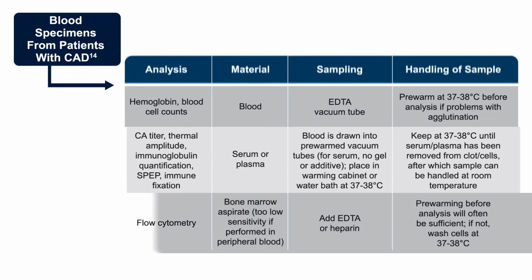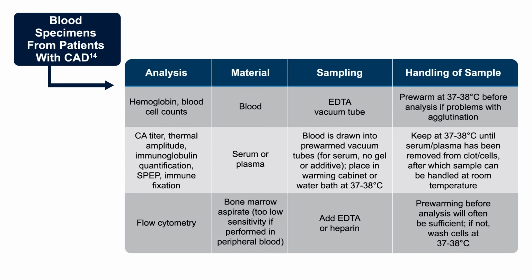So, blood specimens that require warming for valid results include the CBC, in which we're going to measure our hemoglobin, right? It has to be pre-warmed, especially if we can see gross evidence of agglutination in the tube. If we're trying to evaluate a cold agglutinin titer, the thermal amplitude of that antibody, immunoglobulin quantification, an SPEP or immune fixation, we need to draw the blood into a pre-warmed vacuum tube and store that in a warming cabinet